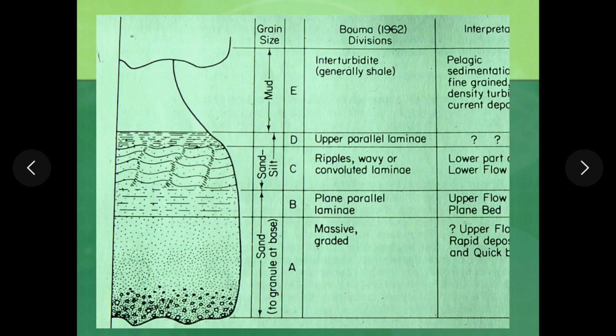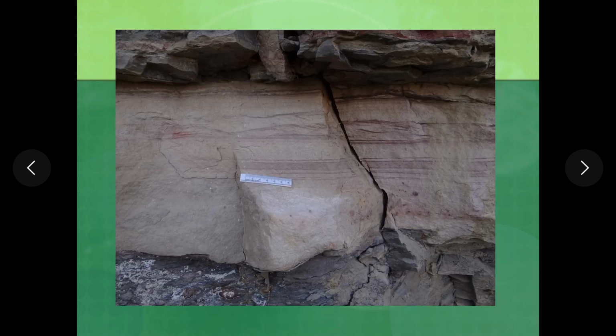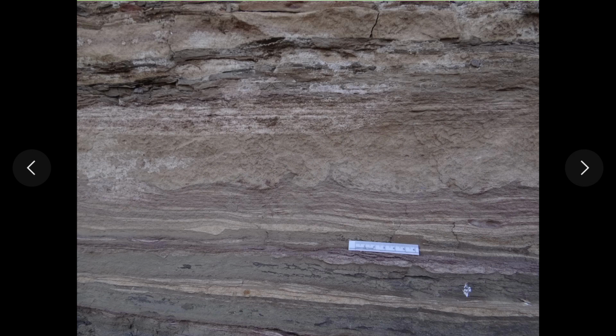Apart from the Bouma sequence, deltas may show other sedimentary structures like load and flame structures. Now this you have seen in the field. What happens is, when the sand is deposited on pro delta mud, the sand being heavier sinks into the mud below, giving rise to formation of loads, and the pro delta mud being lighter and plastic intrudes into the overlying sand in the form of flames.